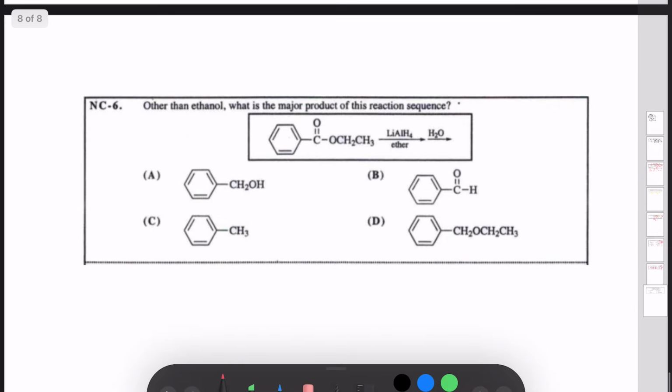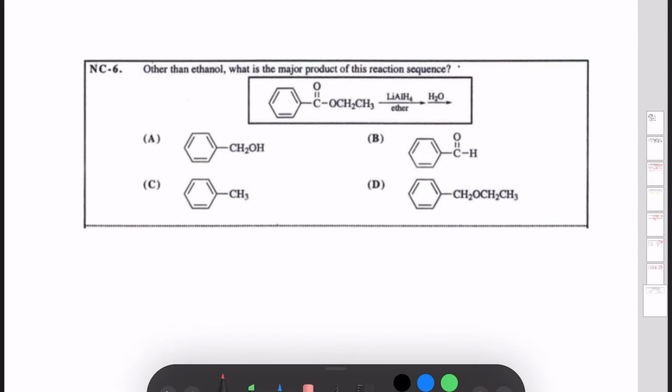And now we reach our very last question of the review session. In this problem, we're given this reaction with this ester, and it reacts with lithium aluminum hydride in ether, and then followed by water. So right away, when you see lithium aluminum hydride, you should be thinking that there's going to be some strong reduction ahead of you,